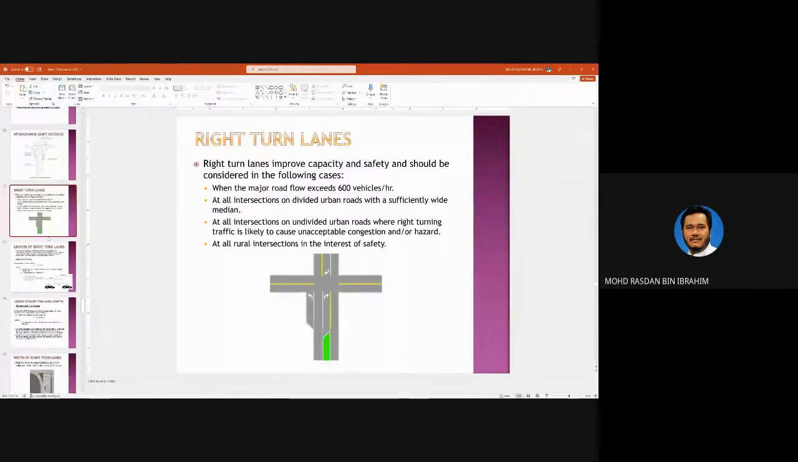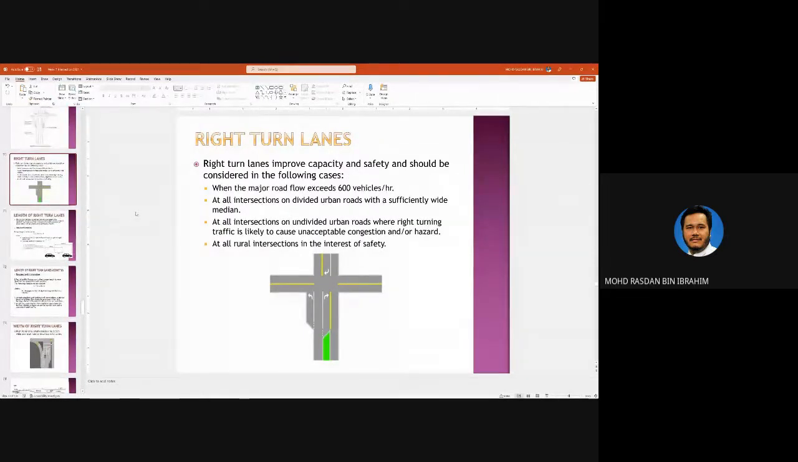So right turn lanes improve capacity. We need to provide right turn lanes if the major road flow exceeds 300 vehicles per hour. Okay. So a right turn lane must be provided if the flow of the major road is more than 300 vehicles per hour. At all intersections on divided urban roads with a sufficiently wide median, you need to have right turn lanes. At all intersections on undivided urban roads where right turning is likely to cause unacceptable congestion or hazard,